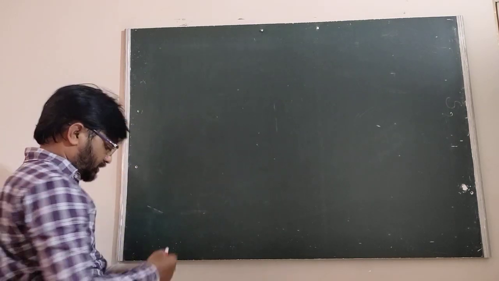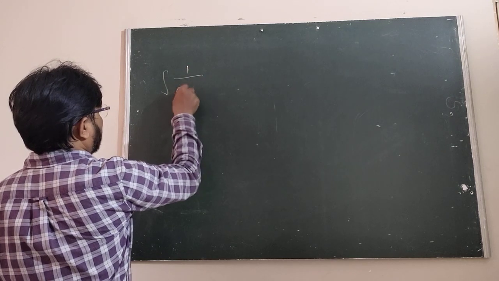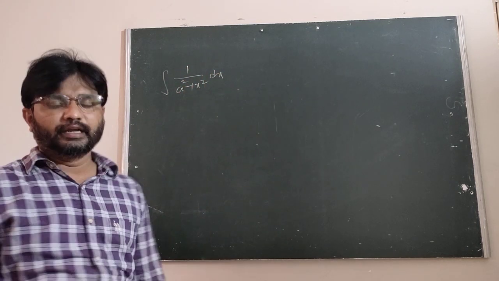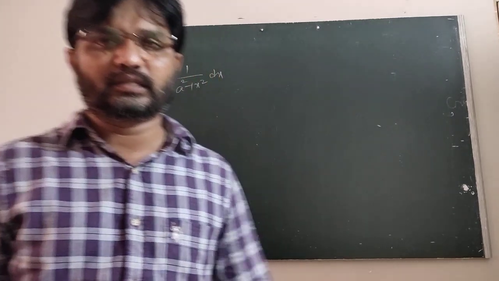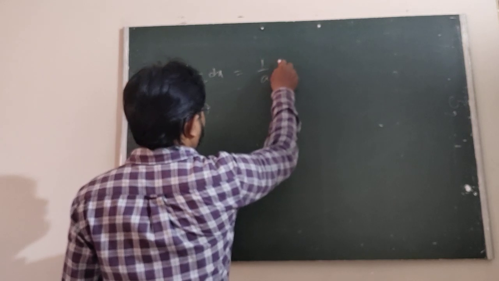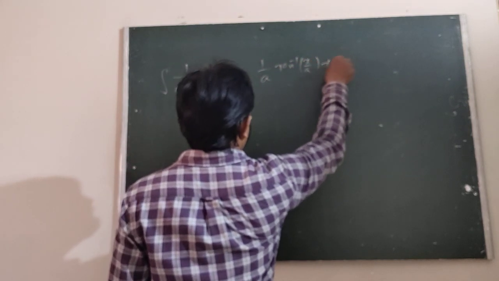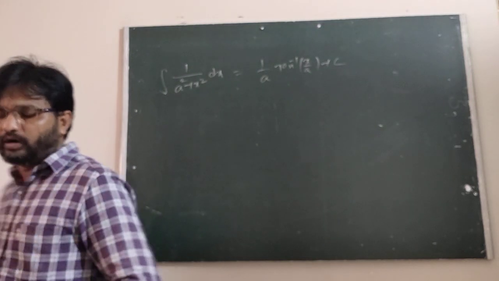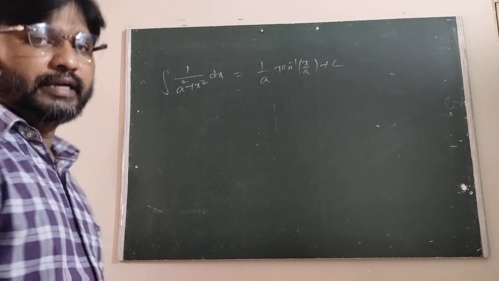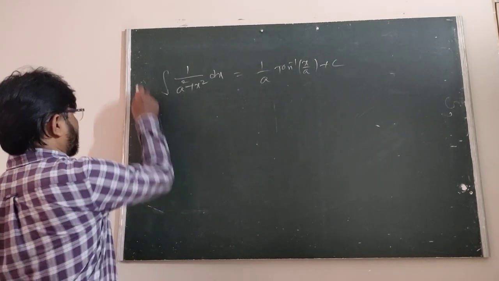The first one is the integral of 1 upon a square plus x square dx. Integral 1 upon a square plus x square dx is of the form 1 by a tan inverse of x by a plus c. After that, the second one is